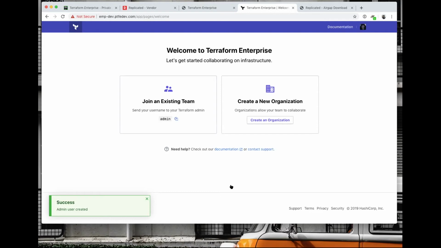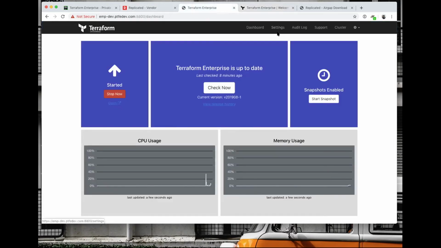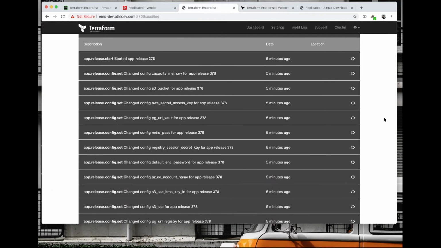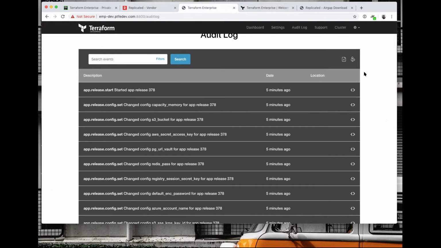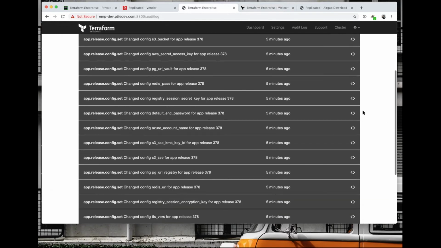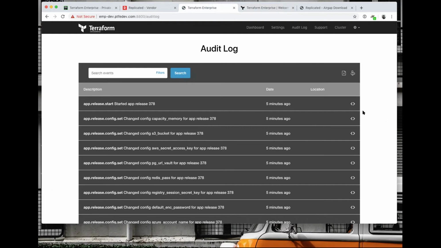Cool. Okay, let's go back to the admin console real quick and click around a few things. We already went to the settings screen. Once again, there's another audit log. Replicated loves audit logs. This is an audit log of the activity happening in the admin console. There's also an API exposed, so if you want to send API events or any kind of activity into this audit log, you can. You can also do a totally separate audit log and embed it into your application, so we can power your app's enterprise audit log. You probably have your own audit log, I'm guessing. Yeah, it's nascent, but it exists. You could replace it; we've been discussing it, so it's totally up for it.